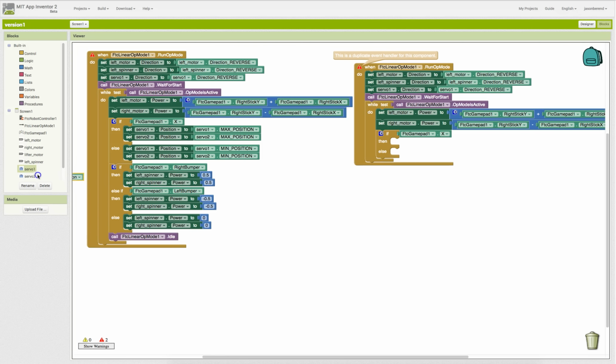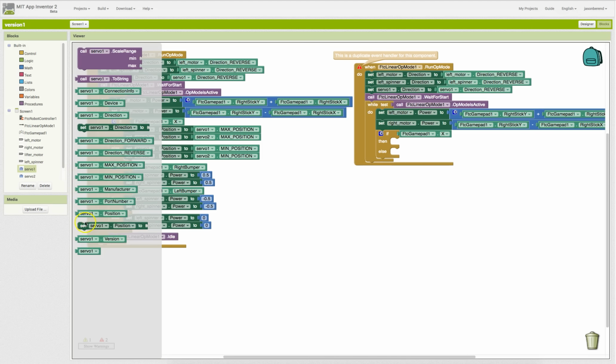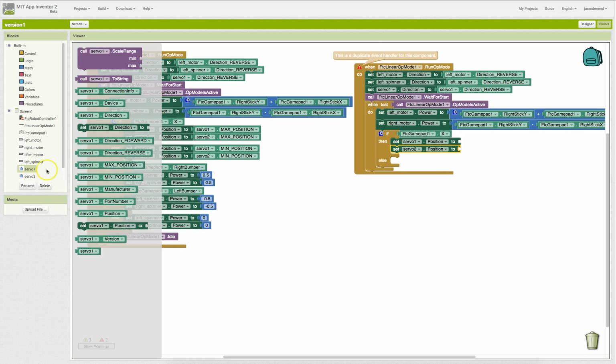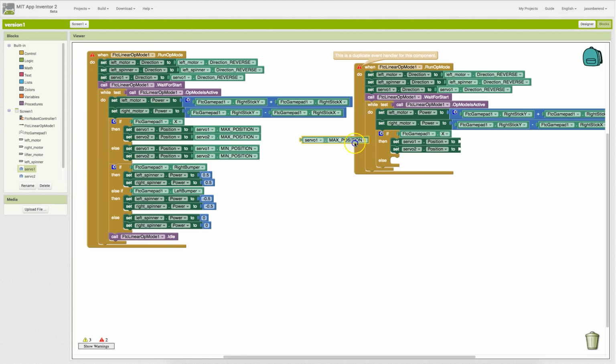That's the wrong one actually. Make sure you get one with the puzzle piece kind of going to up area. So I go like this, duplicate, so servo 1, servo 2, and we're going to be doing the position of them, and we're going to do them to the max position. So look here for this max position one,